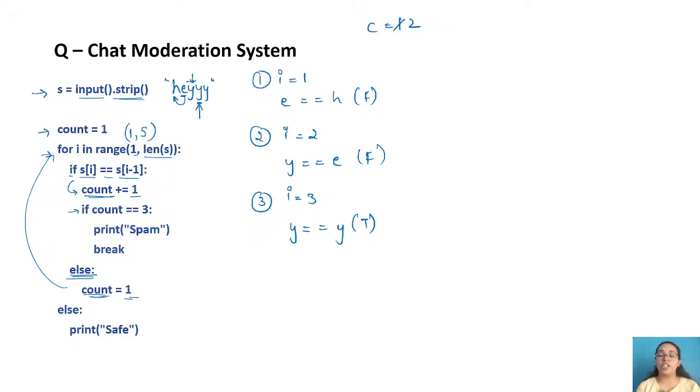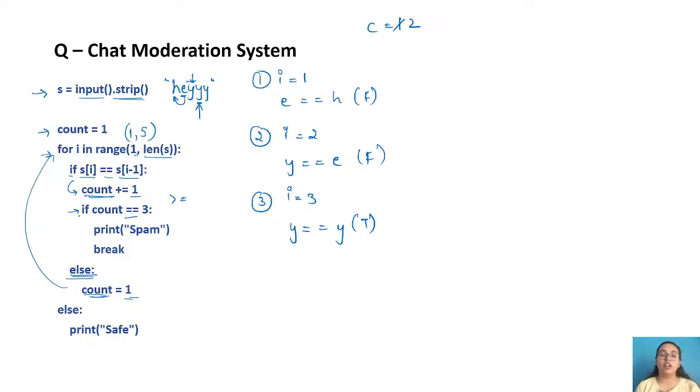Now once that is done, we have to check regularly if my count has become 3. If it has become 3, we simply print spam and break the loop. And if it is not 3, we can continue, because that is fine. There could be variations if the question says that a spam message is considered to be 3 or more than 3 consecutive characters appearing. In that case, instead of just equals to, you will have greater than or equals to. So just the operators will change. This is the inner condition where we are checking the value for count. Only there you have to make the variation, everything else remains similar.